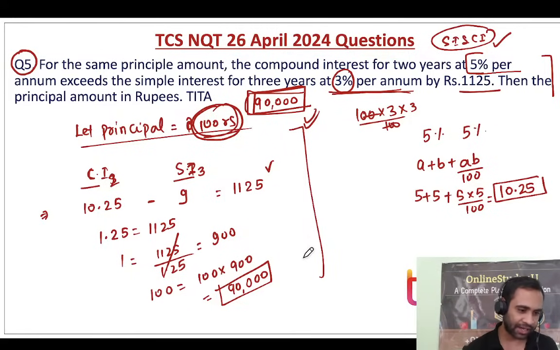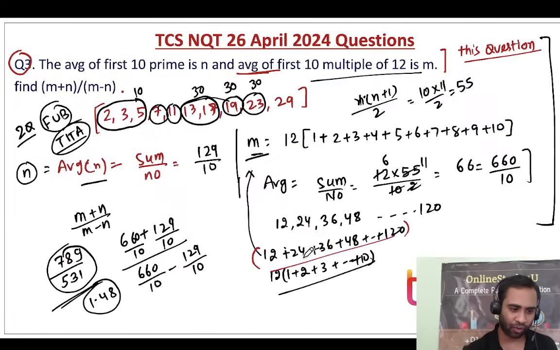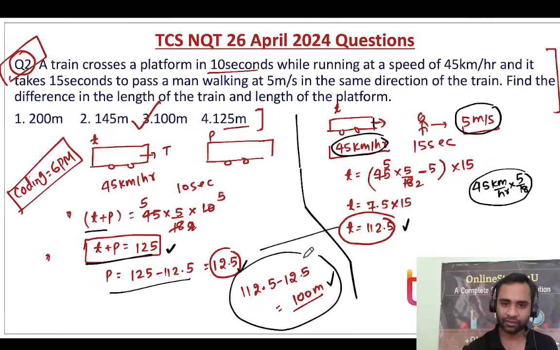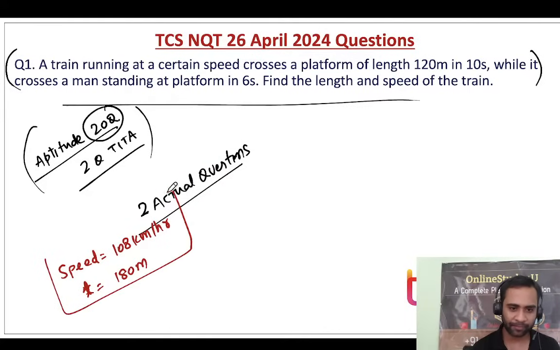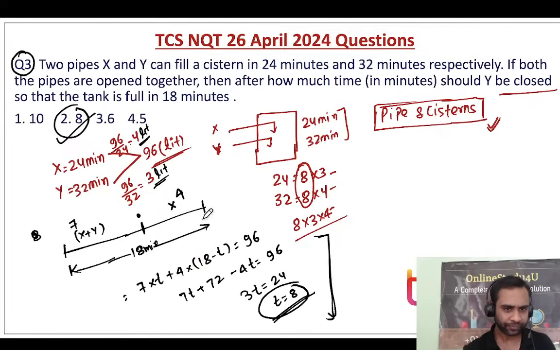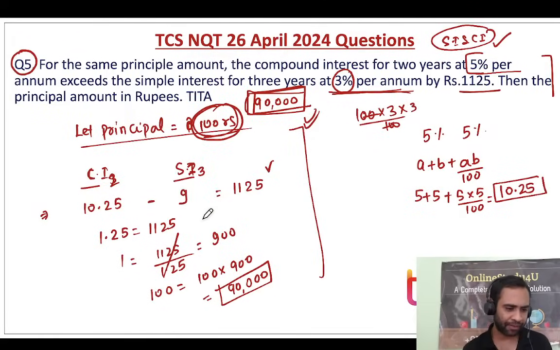So first question, a train of length. So that we have already solved. Somebody is asking, so that already we have solved. So the speed was 108 kilometer per hour, and the distance, right? So the length of the train was 180 meter, right? So length of the train was 180 meter, and the speed was 108 kilometer per hour. Okay. Is it clear till here for everyone?